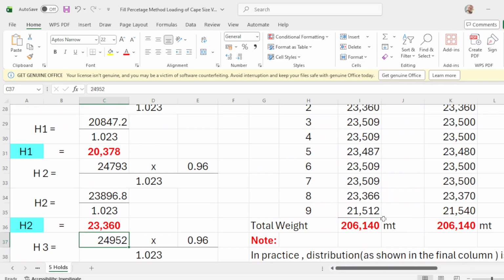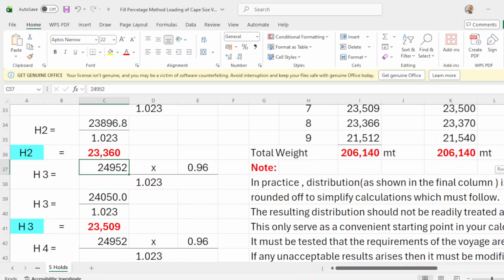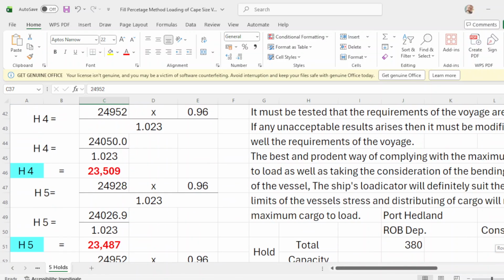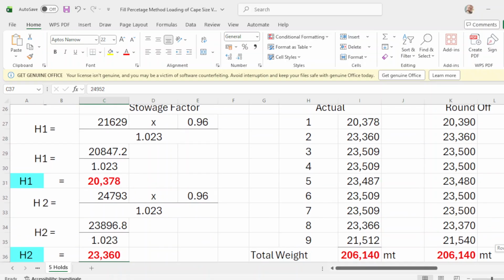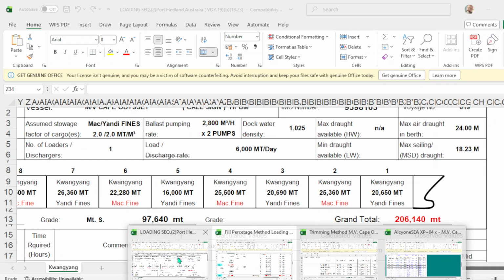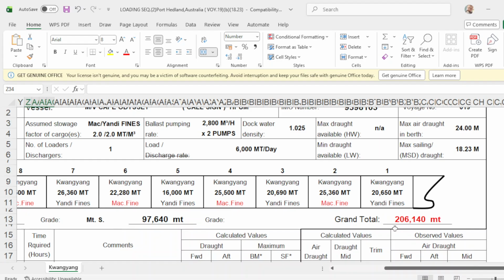Okay, total weight is 206140. By percentage, we get the value of 206140, which is the same as your loading sequence of 206140.